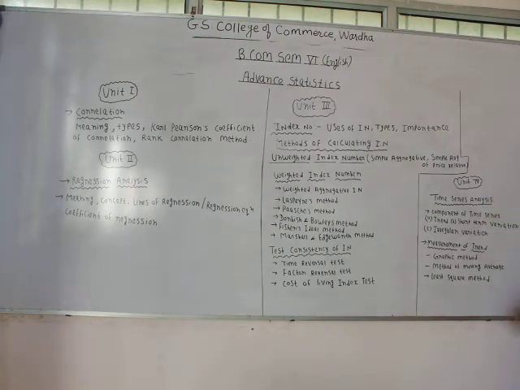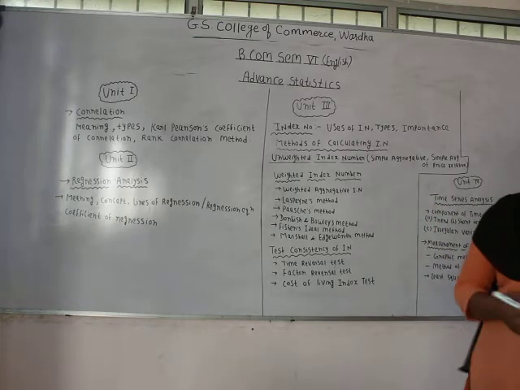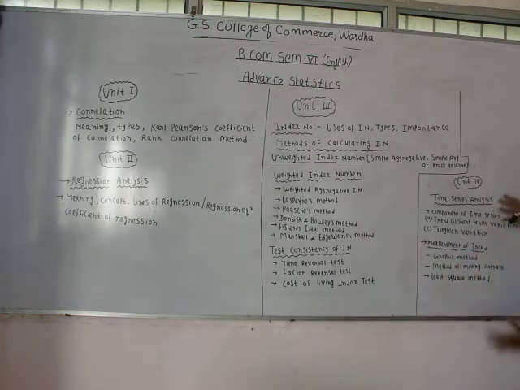So in the fourth unit we have time series analysis in our syllabus. So here we will see what is the meaning of time series analysis. Then we will see for what purpose this time series analysis is used. Then we are going to see the basic components of time series, that is trend, short-term variation and irregular variation. So we are going to deal with all these basic components of time series.